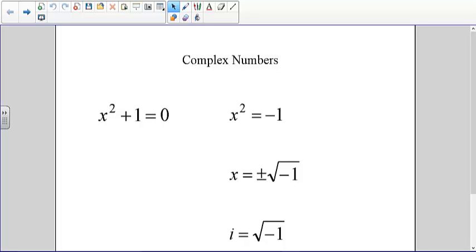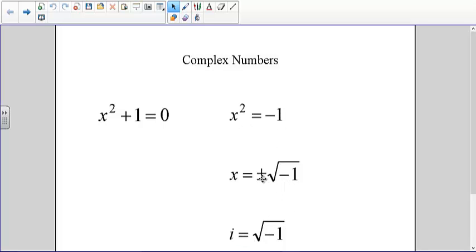So the next section is to talk about complex numbers. A lot of this comes down to dealing with solutions to polynomial equations where you have to take the square root of a negative number. So you can see the example here. If you had the polynomial x squared plus 1, then if you went to solve for x, you'd subtract 1 from both sides, take the square root, and you'd